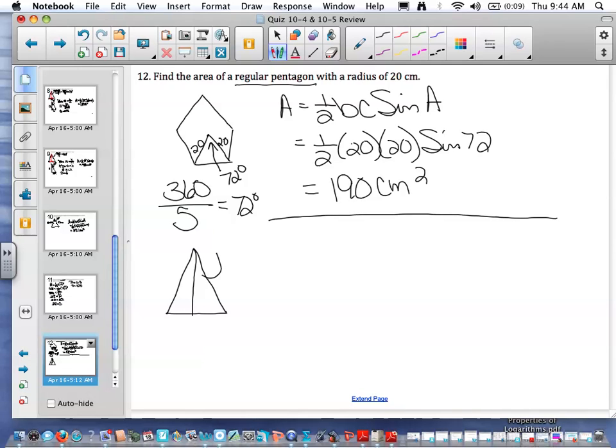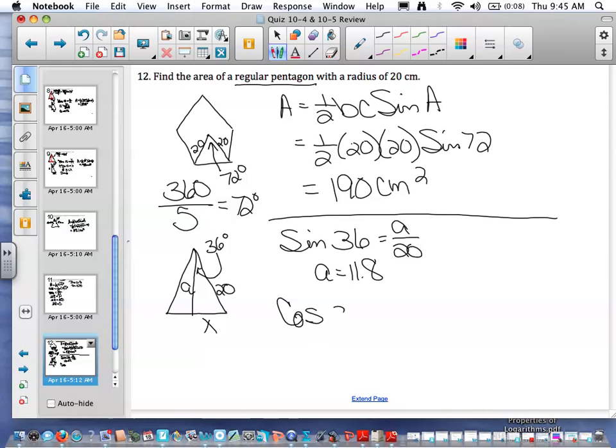Remember, you can also, as I said before, find that central angle measure, bisect that central angle. That gives you a 36-degree angle here. You are given the radius, which is 20, and if you want the apothem, you would use the sine of 36 is equal to A over 20. And you would get that the apothem is equal to 11.8. Then you need the length of the side. Cosine of 36 is equal to,